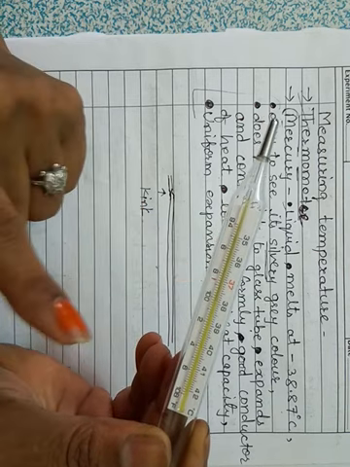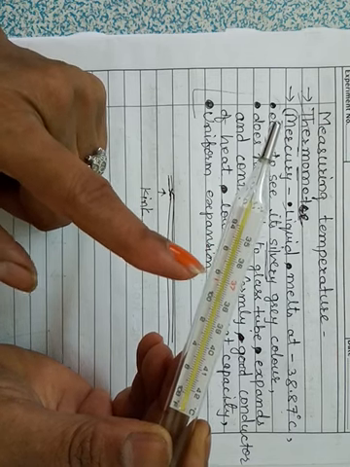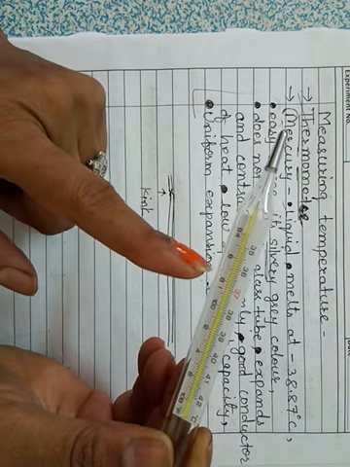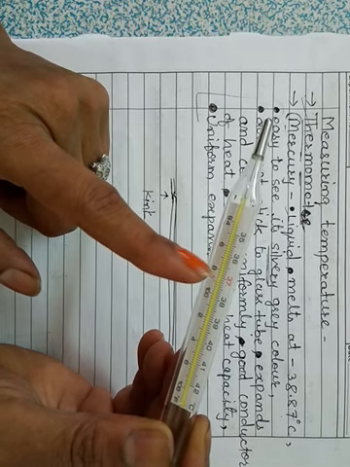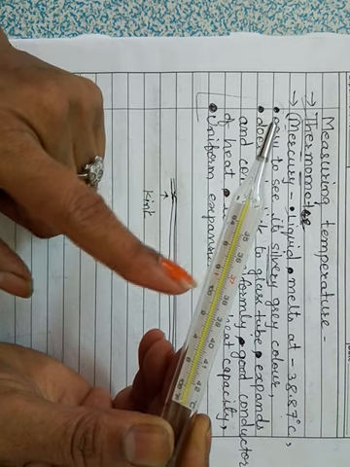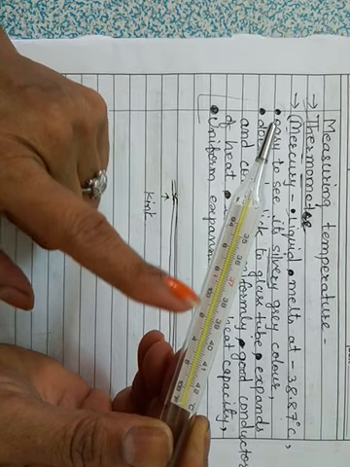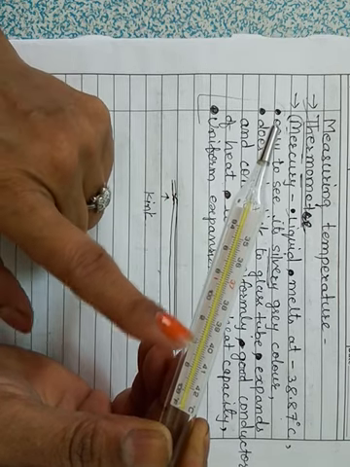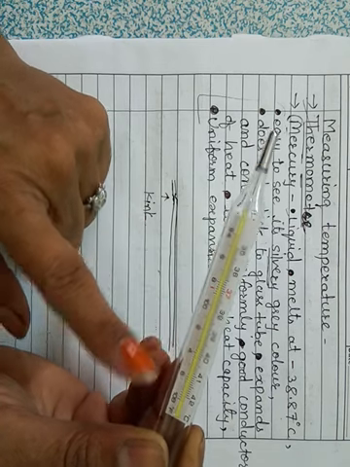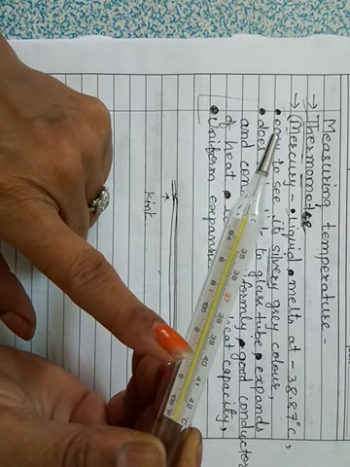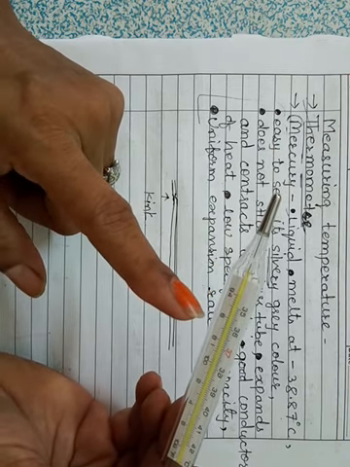And if you see in Fahrenheit, it is exactly 98.6 degrees Fahrenheit. Okay, so this is the normal body temperature. So if you have fever, then the mercury in the thermometer rises to the upper scale. That means it will show your body temperature, that is, if you have fever. Okay, how to read temperature on a clinical thermometer?